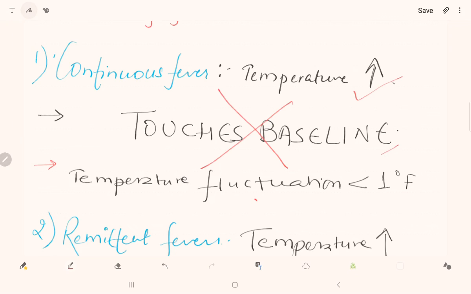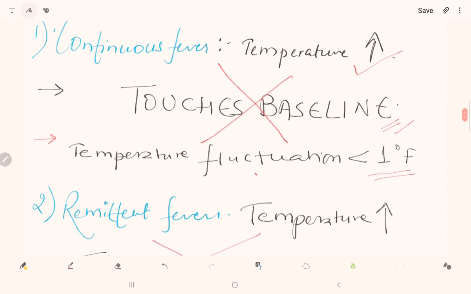It does not touch the baseline, and temperature fluctuation is less than 1 degree Fahrenheit. Then only it is called continuous fever. So once again, as it is a fever, temperature has to be elevated. It is continuous, so it cannot touch the baseline, and the temperature fluctuation has to be less than 1 degree